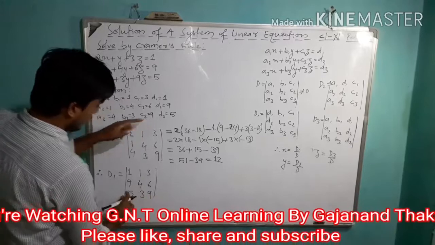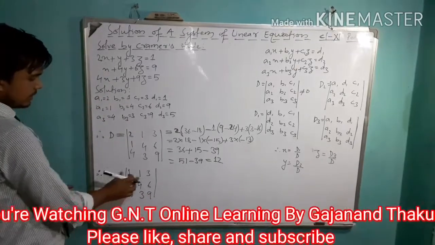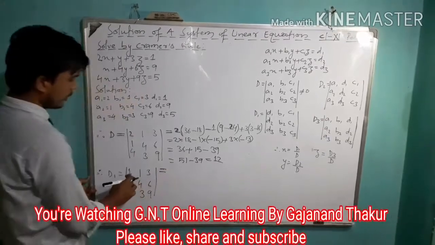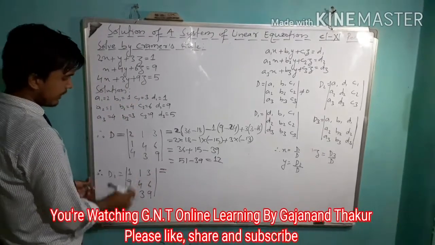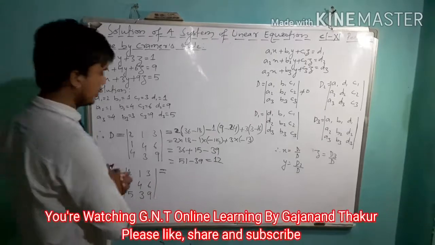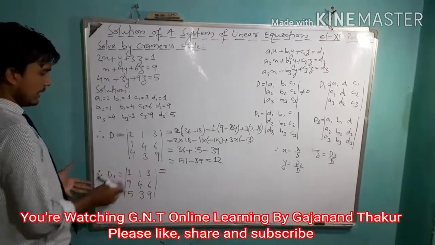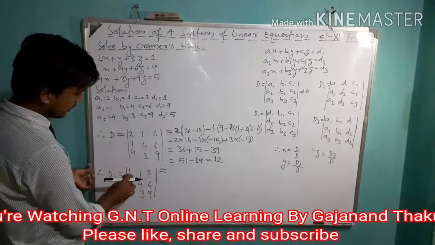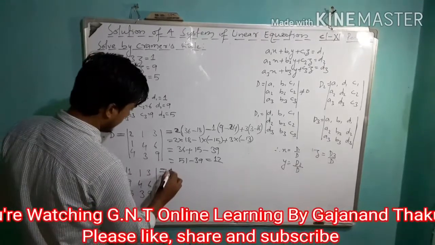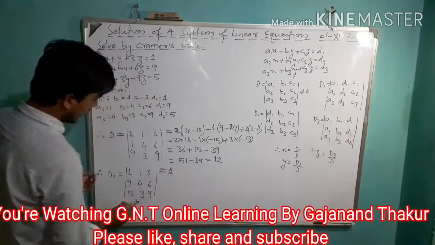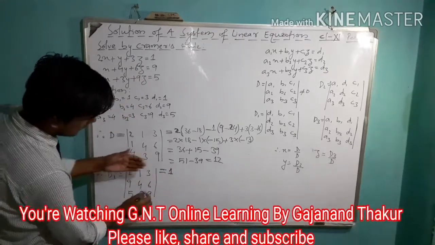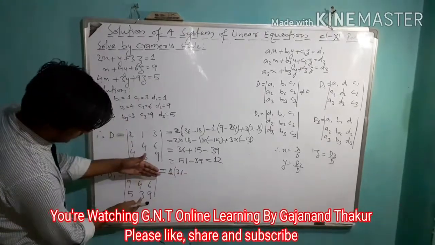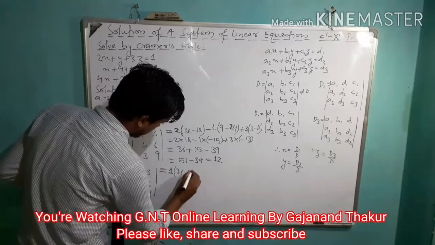So we'll find the value of the determinant of these elements, right? Again here we have 3 rows and 3 columns, so it is of order 3 by 3. So let's find the value of this determinant. This one we'll take as it is, right? This one comes, then this part we hide. 4 nines are 36, we'll write here 36 minus, then 3 sixes are 18, we'll write this 18 as it is here.